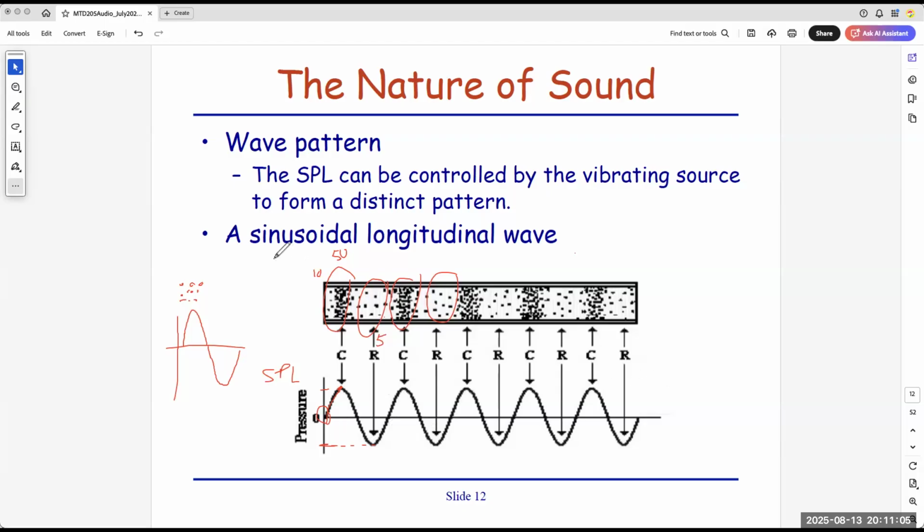This type of wave is called a sinusoidal wave, or in short, we call it a sine wave. If you recall, in your early secondary school maths, you may have touched on something called sine, cosine, tangent, all this. So sine is one of them. And you realize that the sine wave is the smallest element in all these energy forms. This is very similar to what you learn in chemistry: the atom is the smallest particle in material. So in technology, in energy, the smallest element is called the sine wave.